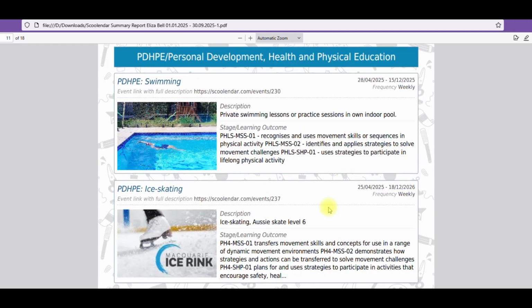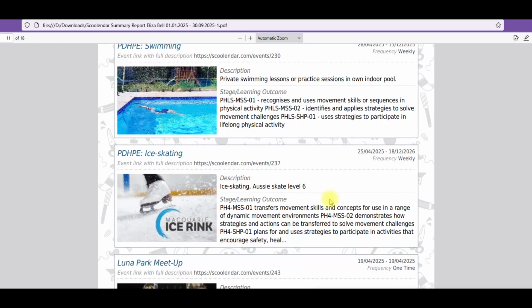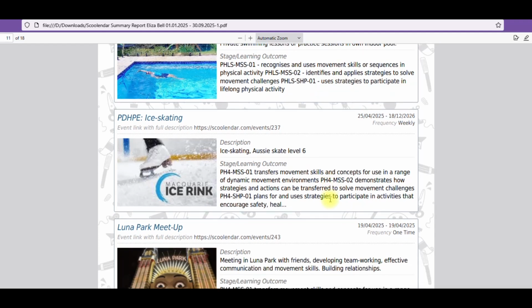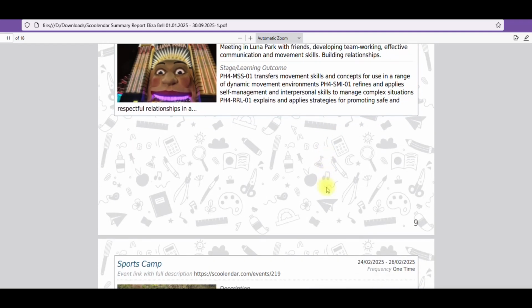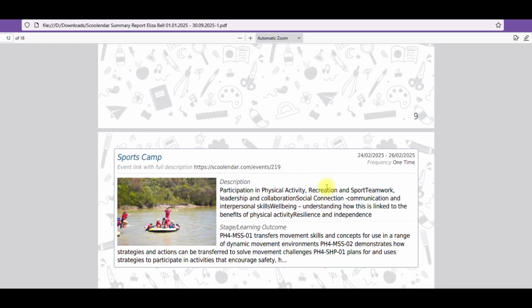So you can see different activities. They could be private or public or community, but I will tell you more about the community events a bit later. I think our video is very long this time, so I'm not going to extend it by explaining the community events. I think even if you are using private or public, right now it will help you to navigate and print really nice reports. So here we have the sports camp,